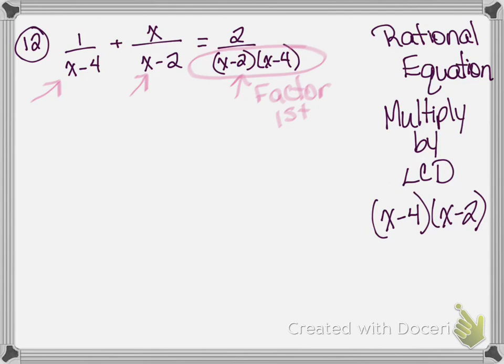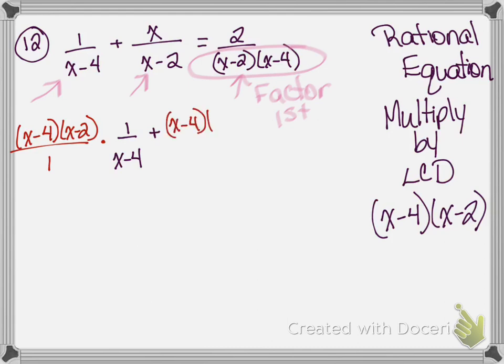we are going to use that and we are going to multiply that times each individual part of this. So I've got x minus 4 times x minus 2, and that is over 1. And I am multiplying that times my original part, which is 1 over x minus 4. Okay, that's my original part. Then I am adding that to my next expression in my rational equation. I've got x minus 4 times x minus 2, and that's over 1. And I am multiplying that